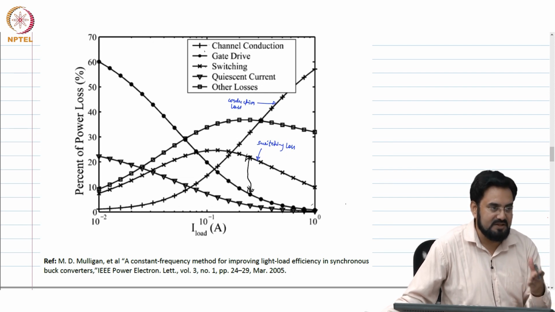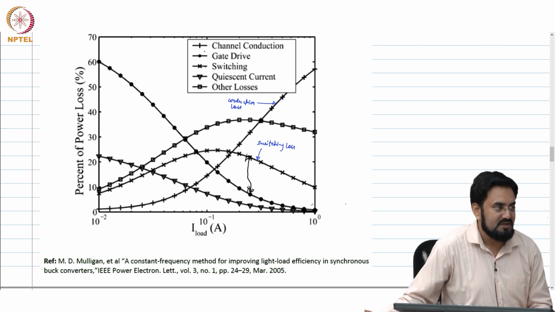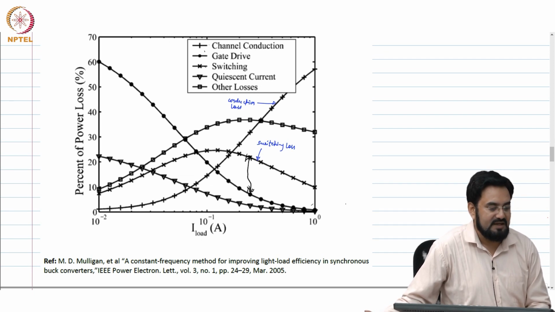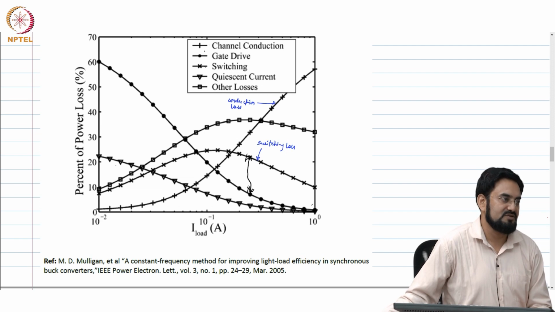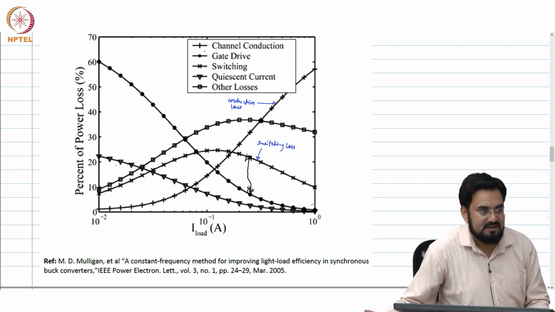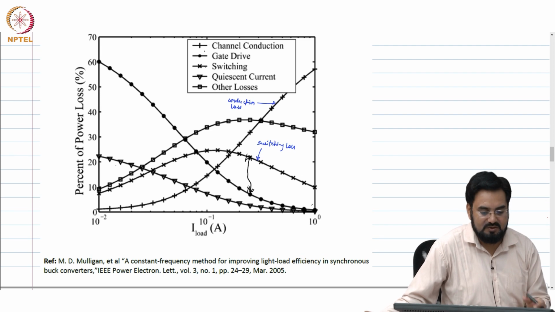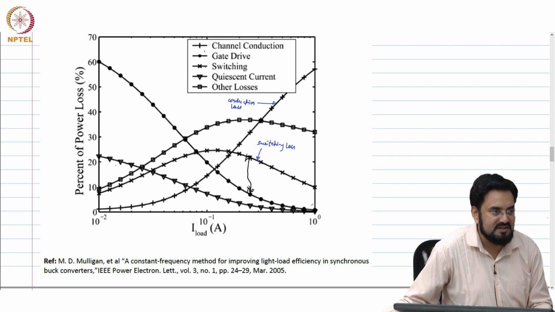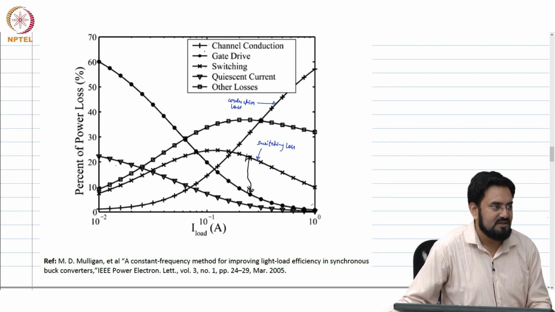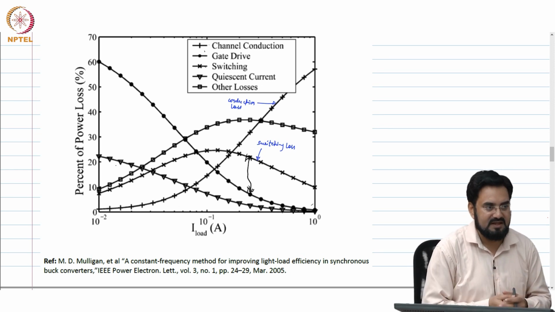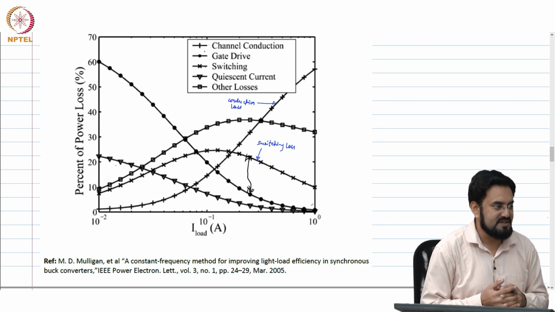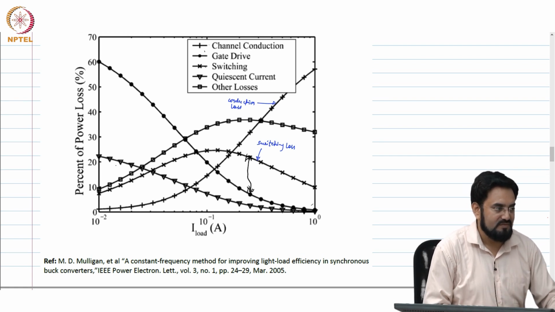At what point you have to reduce the gate cap, at what point you have to reduce the switching frequency, and at very light load there is also a possibility that you can reduce the IQ by reducing the controller current also. So, you can use dynamic biasing, let us say. So, the error amplifier, see, it is not switching at very high frequency. So, you do not need a very fast comparator and a very fast amplifier at that point. So, you can reduce the bandwidth or reduce the speed of your comparator by reducing the current. So, you can achieve some extra efficiency at light load by doing that as well. Okay.